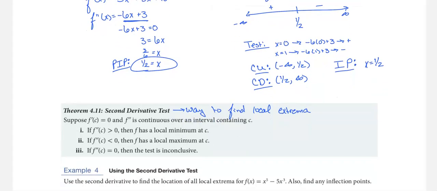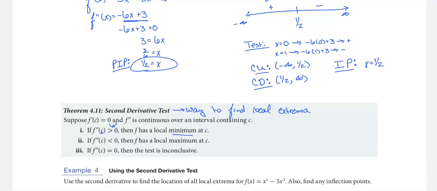So what it says is you find critical numbers, and then we are going to plug critical numbers into the second derivative. That second derivative does need to be continuous over the interval that contains our critical number. If that second derivative is positive, then this graph is going to be concave up, and it's concave up, it looks like this, which means that at that c value, there has got to be a